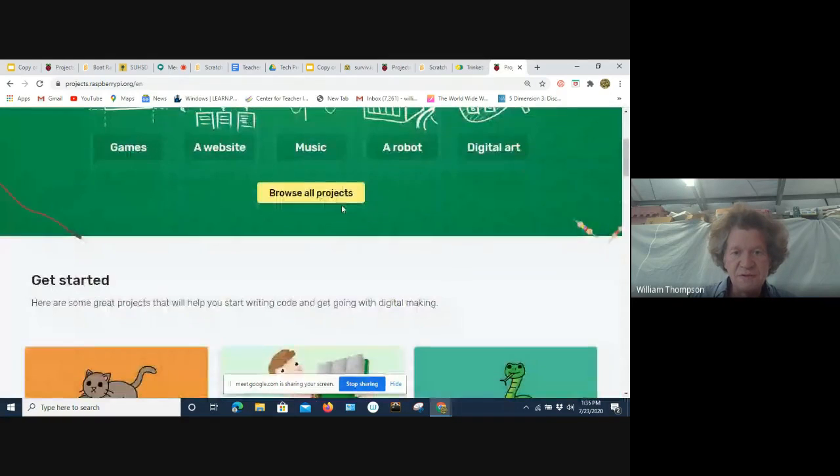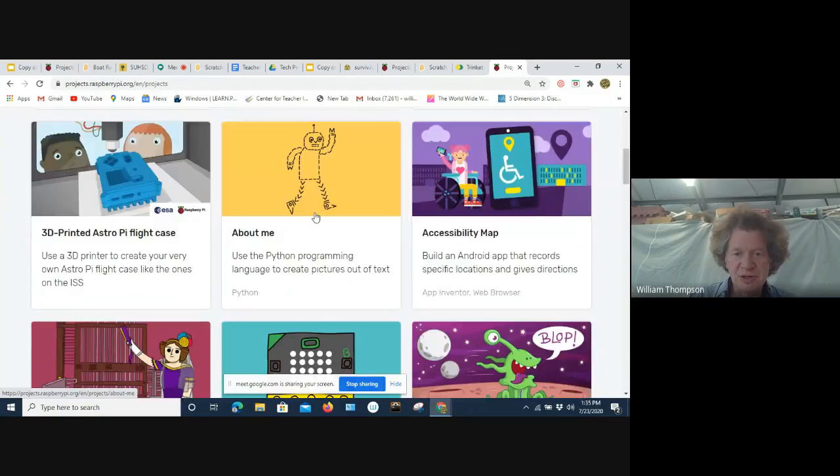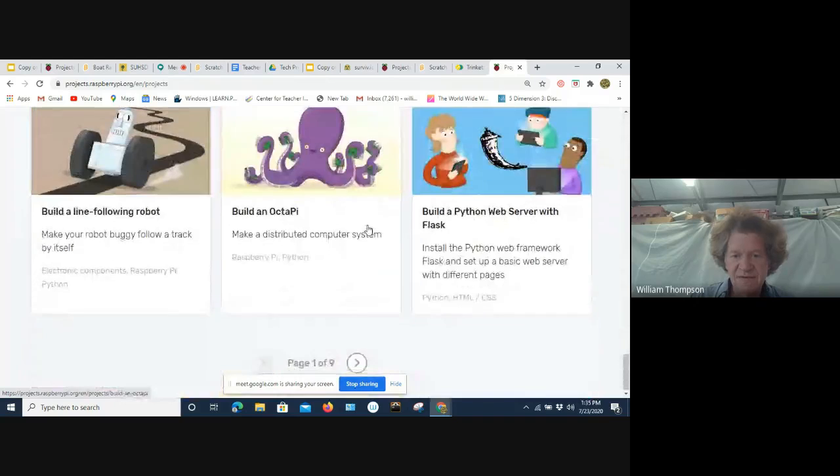But also, if you just hit Browse All Projects, there's a way to navigate up here. You can just look at everything that they have, and there's like 9 pages of it. And the difficulty level varies from pretty easy to fairly sophisticated.